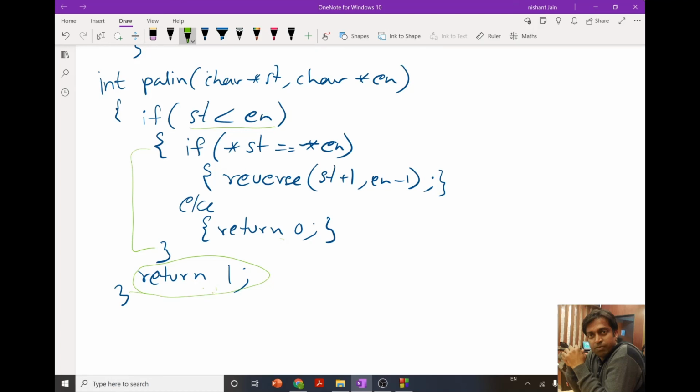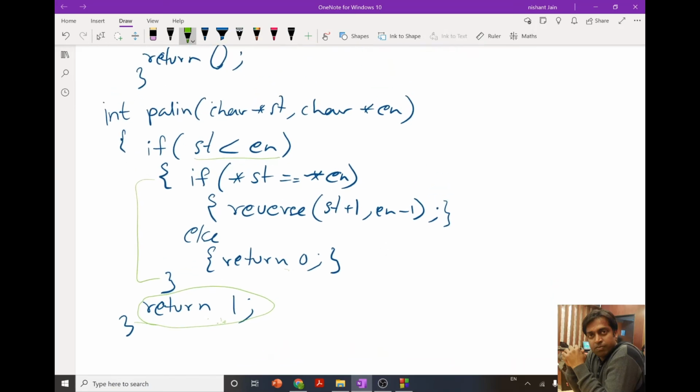If it comes over here, then it means that for all of those comparisons, the characters are equal, and hence our string will be palindrome.